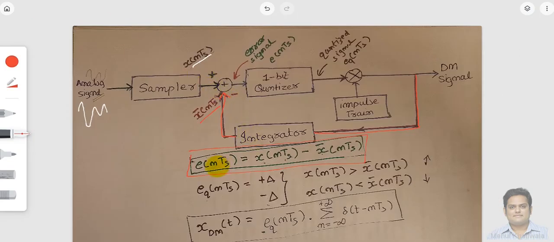So that is what you are doing here. You have the error signal here, which can be defined by this equation. Now you are going to pass this error signal through your 1-bit quantizer. So this is your 1-bit quantizer, and you are going to pass your error signal through it. Whatever signal you get at the output of this 1-bit quantizer is your quantized signal, and we are denoting that quantized signal by EQ